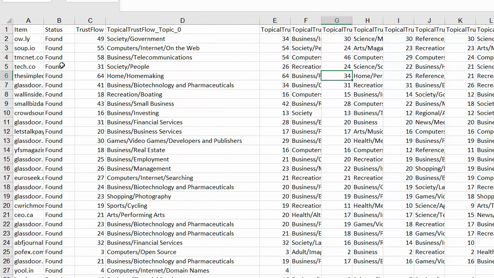So as I go through, I can say, okay, do I want a link from Owly? That's Hootsuite's URL shortener. But I could say, okay, do I want a link from tech.co? What's their trust flow? It's 31. And it's about society and people. You know what? I'm not really feeling that. I want to go after business financial ones first. Let's go after all those, and then I just go down the